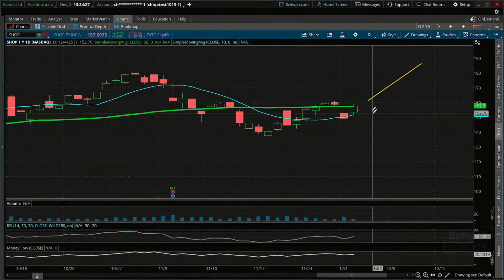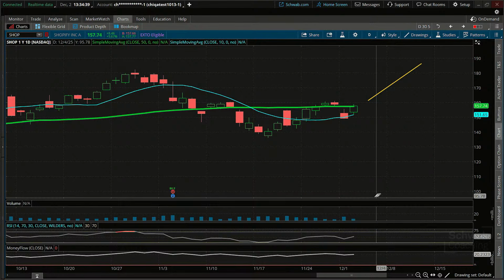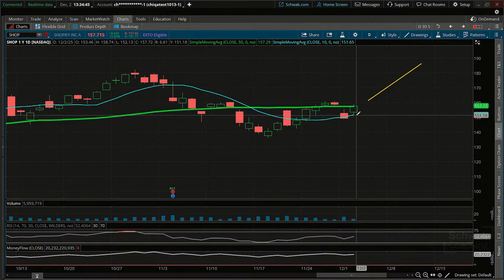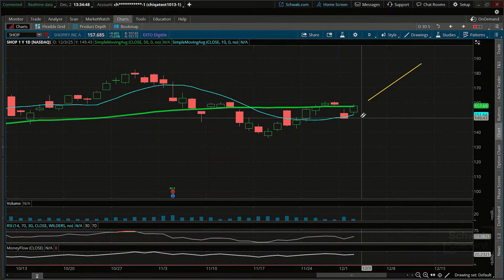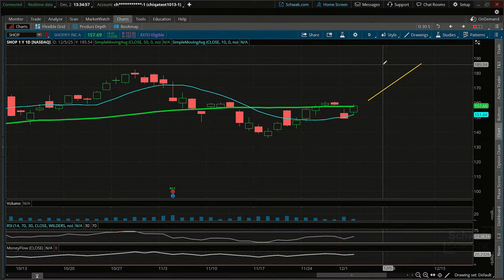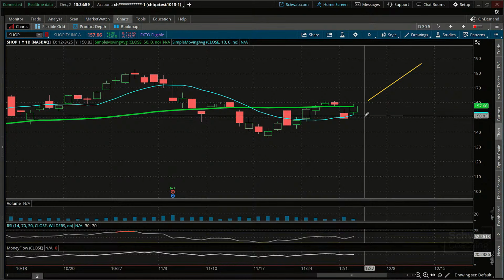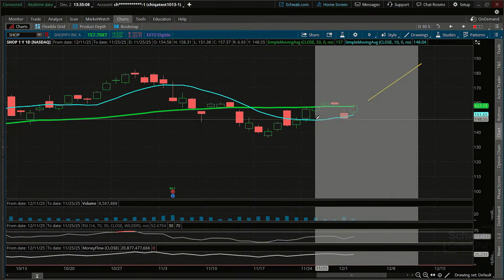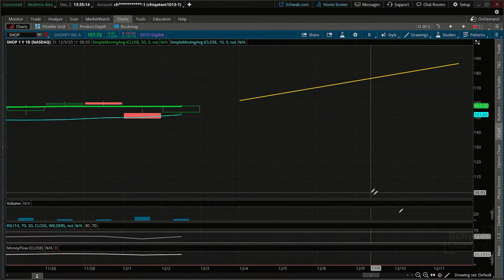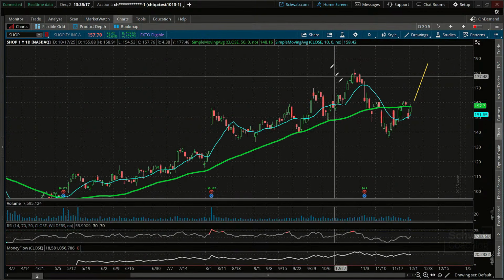Okay, so let's do this. I'm going to go over here and let's look at a potential exit. This is going to be kind of tight though, if we did it below the 10 period moving average. And we could do a target up here. So we could just do a buy custom order with an exit up top here too, very close to this range. So that's about a 185-ish for the target to the upside, and down below, I'll just say below 150, so 149 and change, giving us a little bit of room. Some traders, by the way, might say just below this low, the prior low, is a possible exit level.